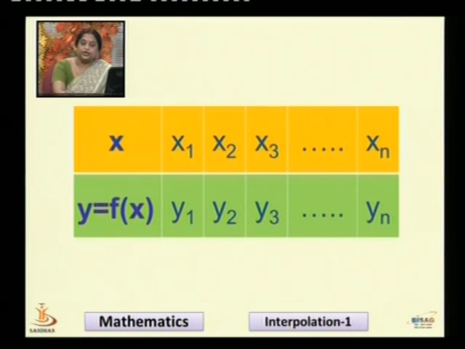Now what we observe here is a tabular representation of all the points. These points are called data points. We see here that we have got n data points. The function f(x) is said to pass through all these n data points. What we are supposed to do now is find one function that passes through all these data points, and that function is called f(x).